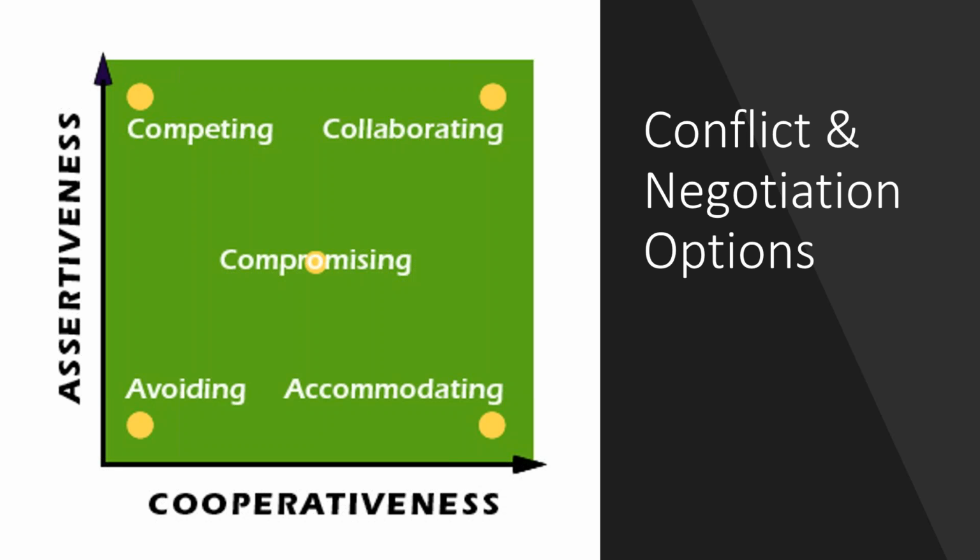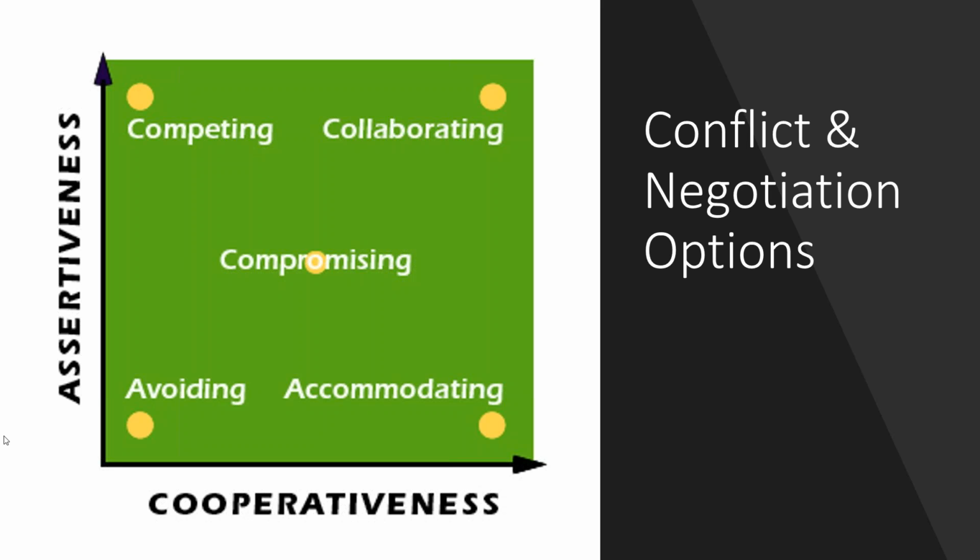Of course, the other end of the scale is if you've got a very low score in avoiding, it's probably likely that you're getting involved in every bun fight around the place, and you need to just be very selective about the things that you deal with because you can't get involved in every bun fight around the place. So there is a time and a place for avoiding, even though it doesn't sound like a great word. It's perfectly a valid approach to dealing with certain forms of conflict.